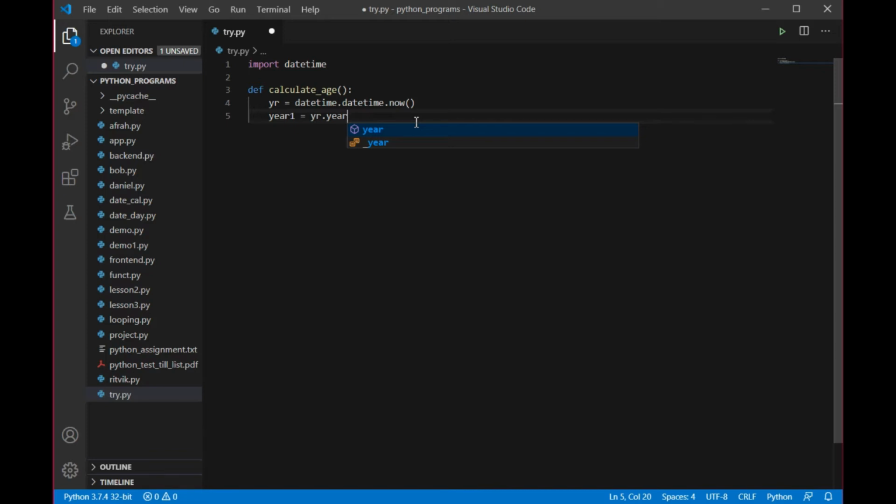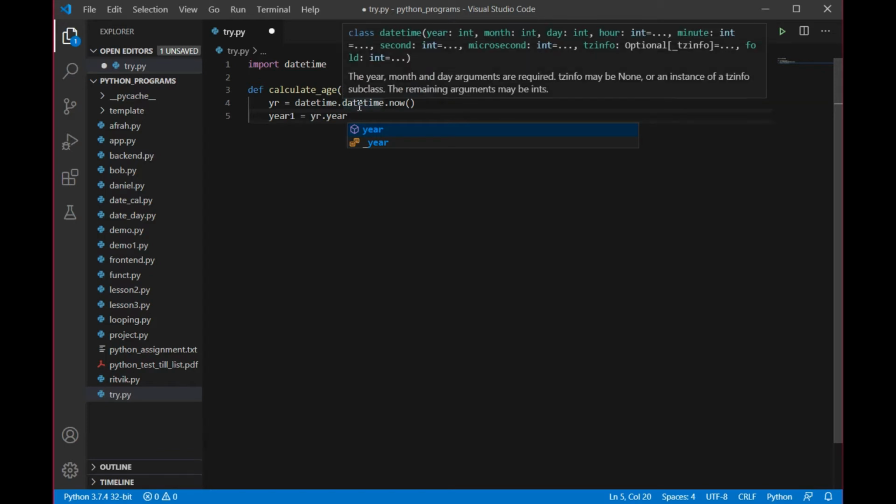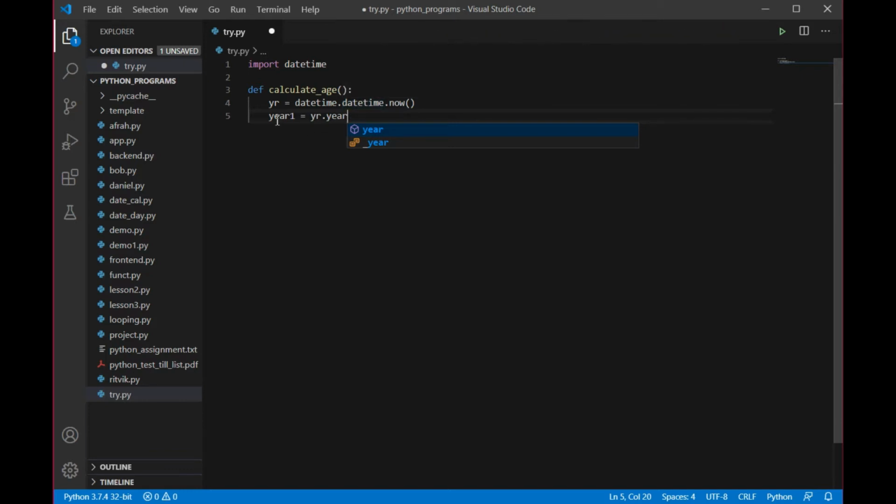If my system setting is that the current year is 21, it will give me output according to that. But I am not concerned with the time or month or day, I'm only concerned with the year, so I'm going to extract the year value from this particular answer.